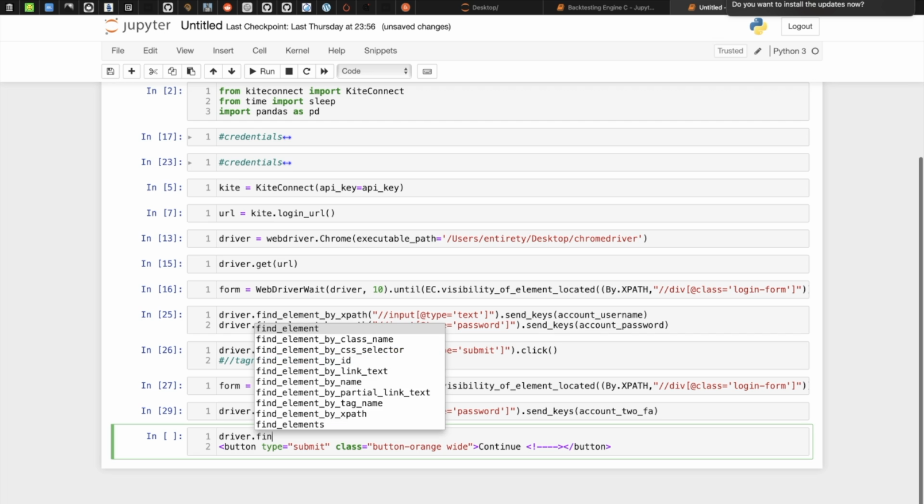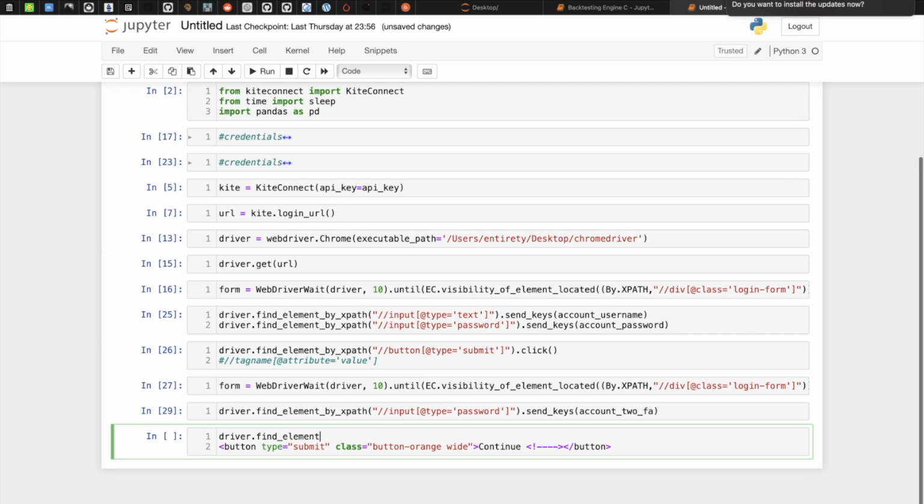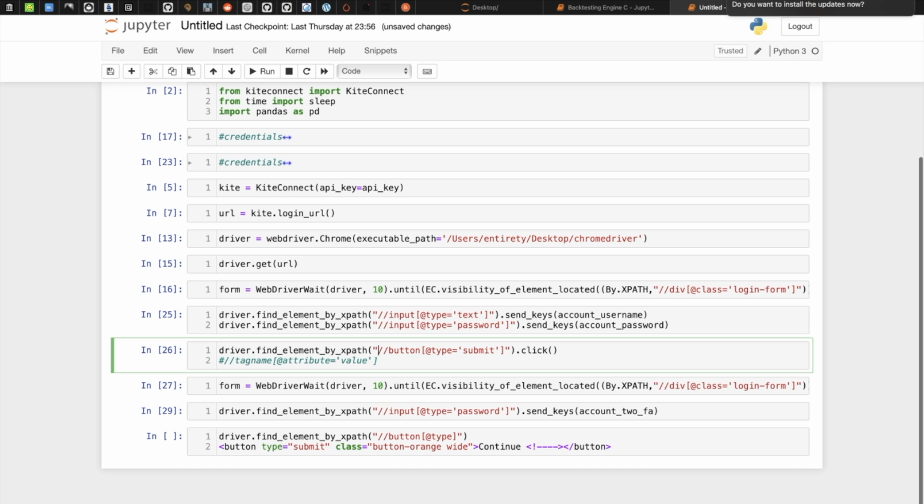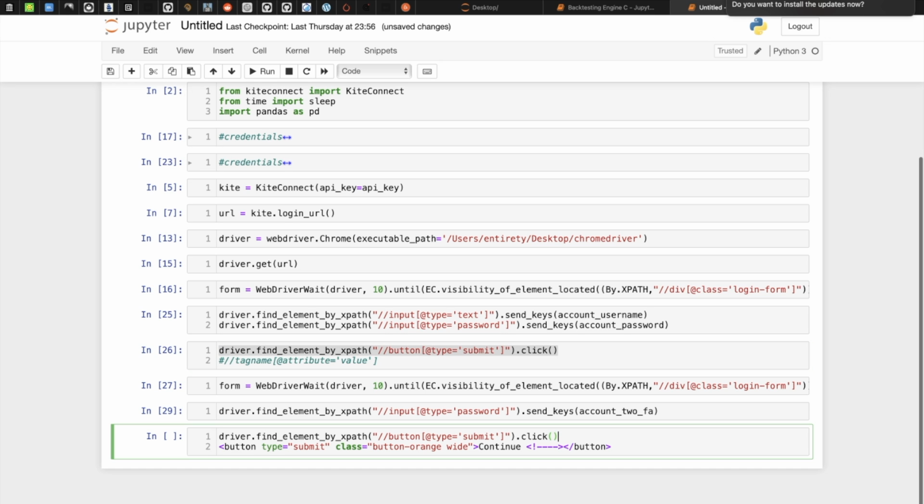Now driver.find_element by XPath, and simply use the tag name, which is button, and the type, which is basically submit. This is basically the same as above, so let's copy this. Now let's hit the submit button.